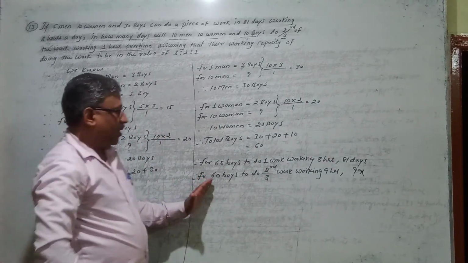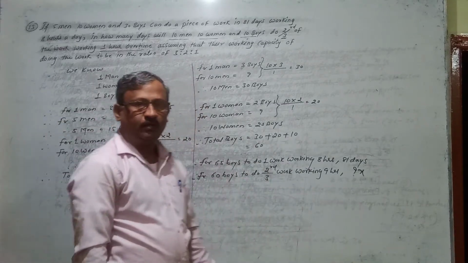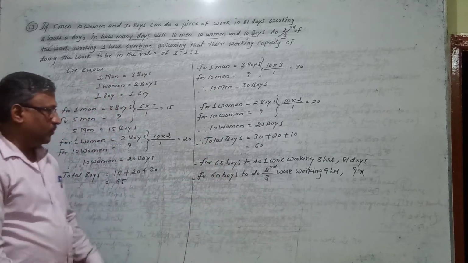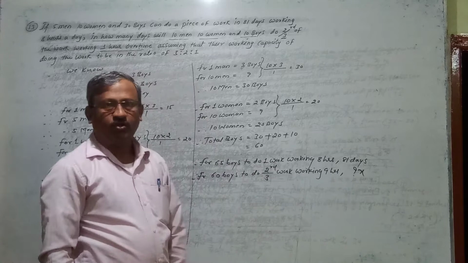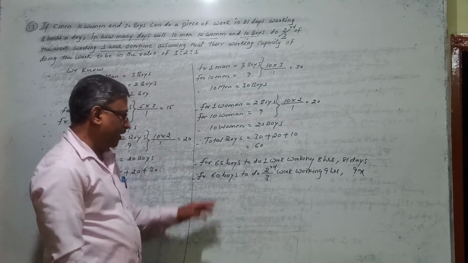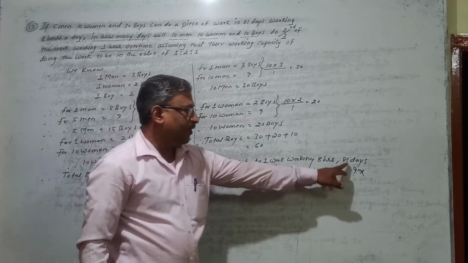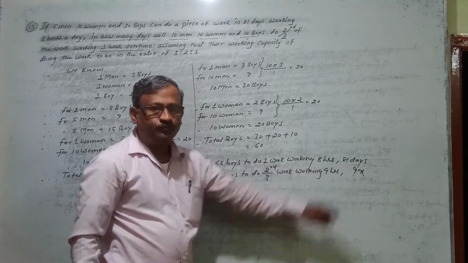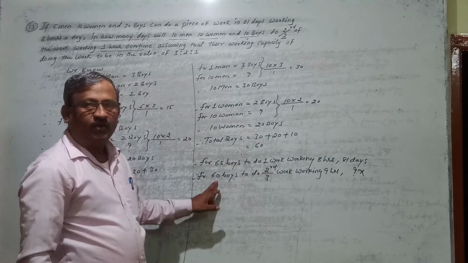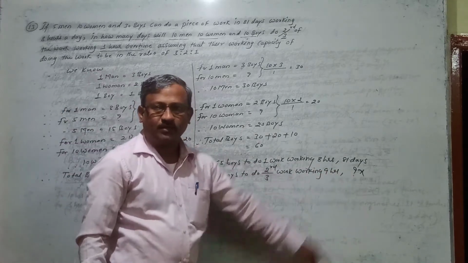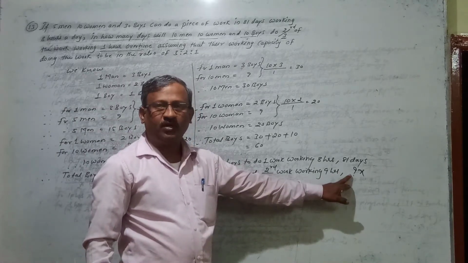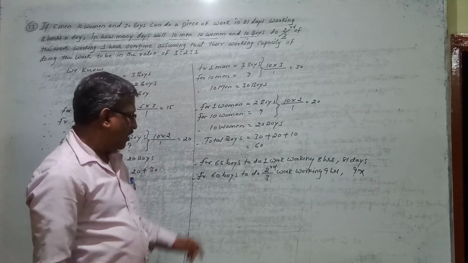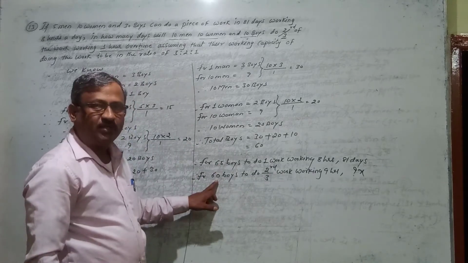Understood? So now we can compare very easily. Now compare one by one. First compare boys with the days and see whether the number of boys is in direct or inverse proportion. For 65 boys, how many days are required? 81 days. So how many days will it take for these 60 boys? More or less, right? Definitely it will take more days, because the number of boys is less here.